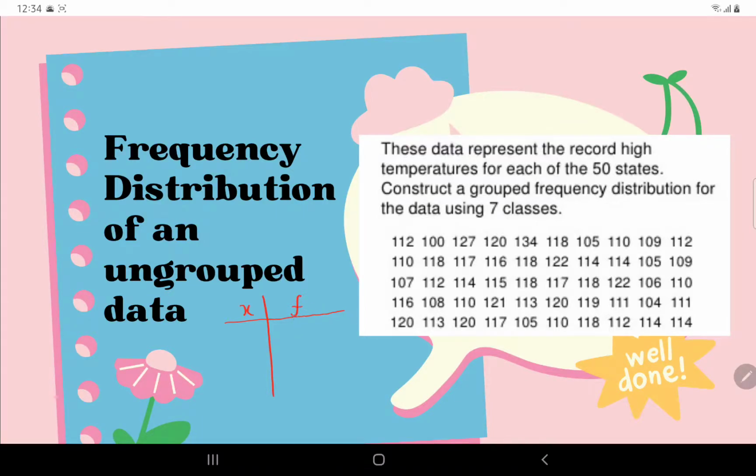Frequency, we denote it as f. So for x, we have the list of numbers starting from 100. We have 100 that occurs only one time in that data, and then